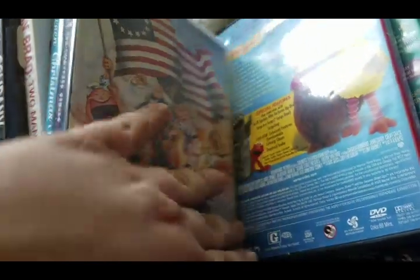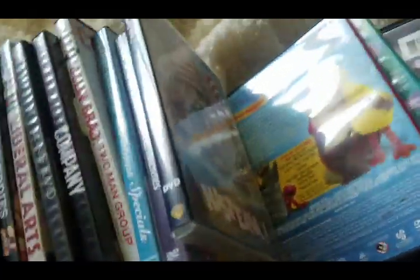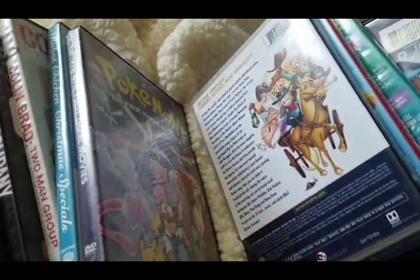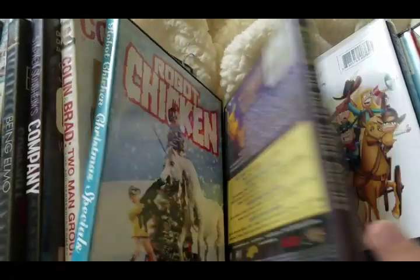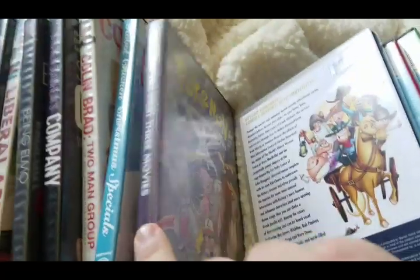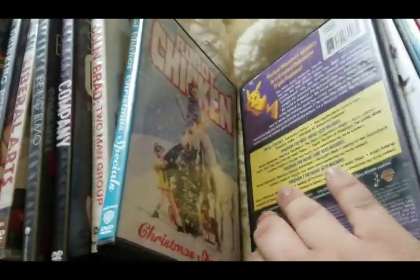Hysteria, the complete series, which... What's with all the dust here? I need to clean my collection more often. Yeah, Hysteria, not as good as the other stuff that came out from Warner Brothers in the 90s, but still pretty good. Pokemon, the first 3 movies, the ones I think you should own already, even though these are all full-screen versions. For some reason, the Blu-ray versions don't have the shorts on here. I don't know why, but...